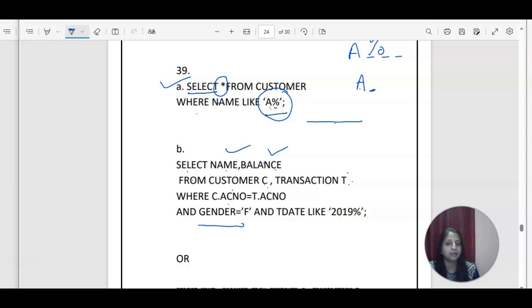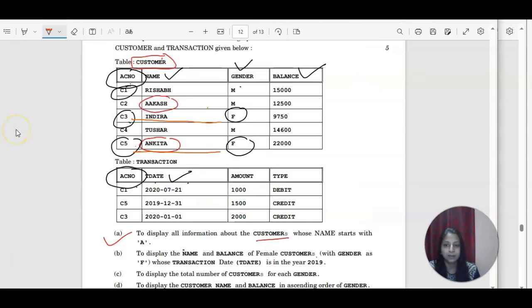And the gender also they are mentioning. So if you have to add these two conditions, we have the AND clause here. Gender is equal to F and T date like this. They are again saying the same thing, that year. If you go with the format of the date, starting from year, then you have month, and then you have date. This is year, this is month, and that is date.